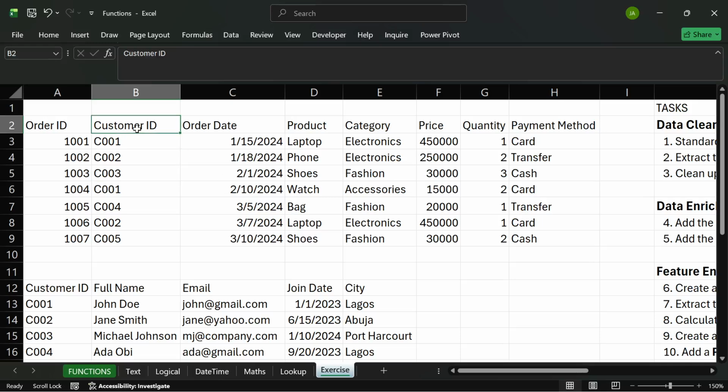Okay, welcome to the exercise section for the lookup function. So here we have two tables, with tasks, of course, to do. We have the customer table, we have the other table, and this exercise has been done